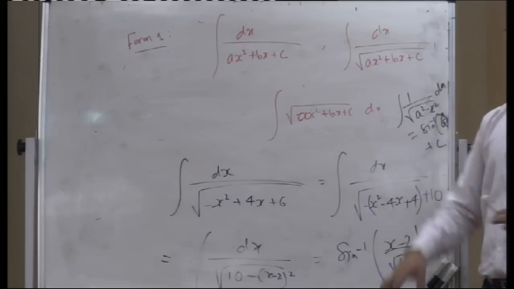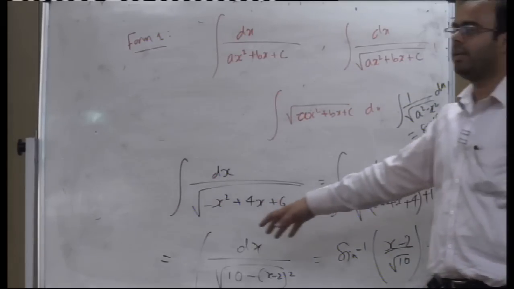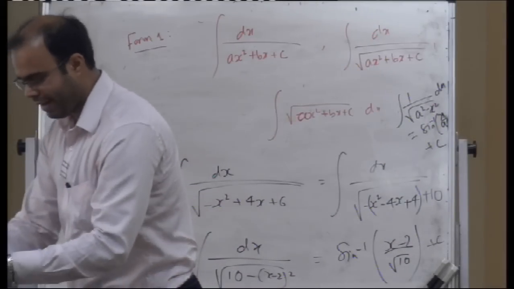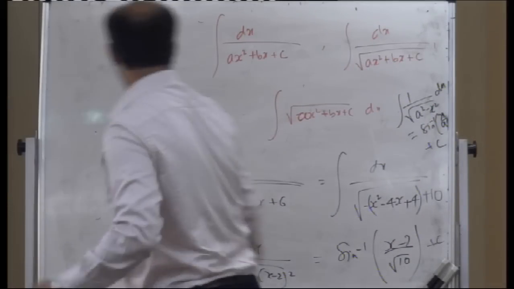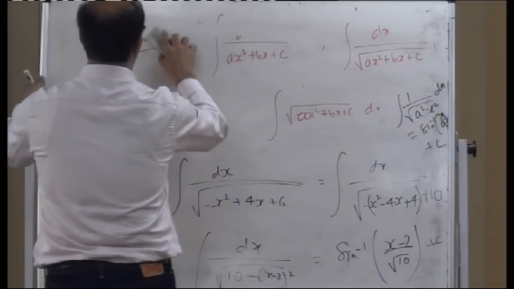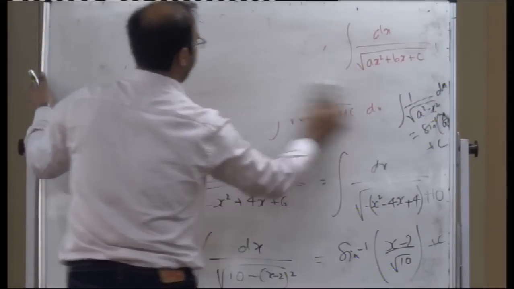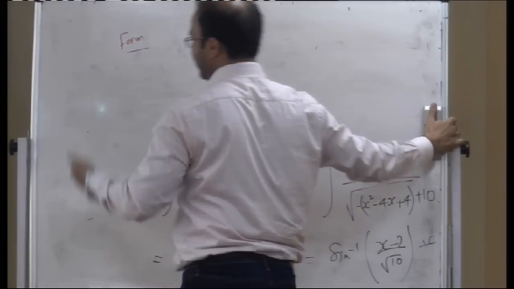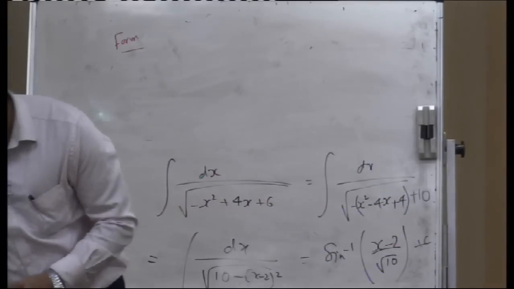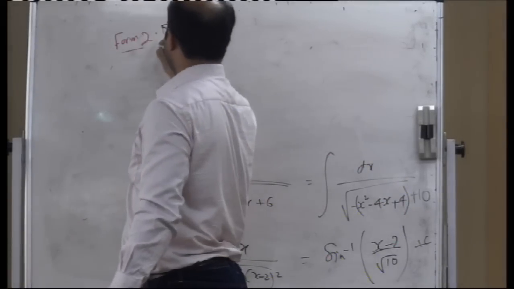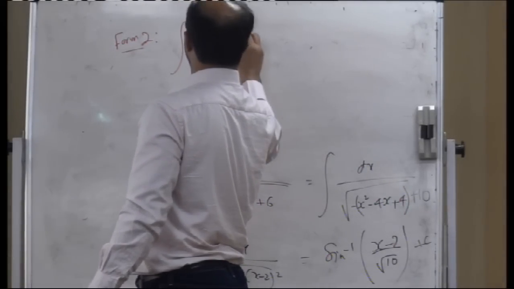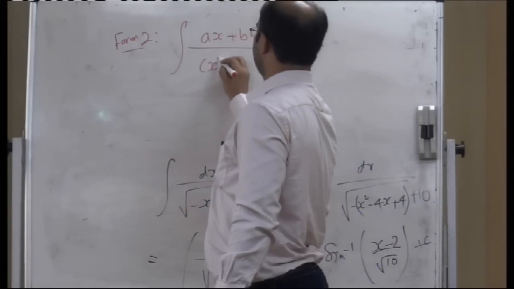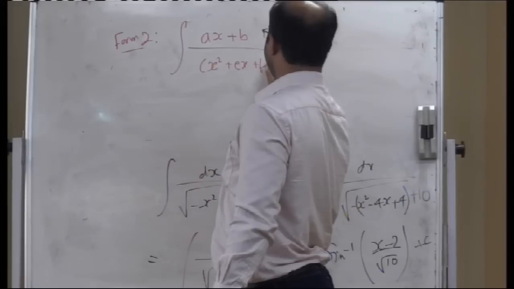So those formulas you have to remember and apply everywhere by making it a perfect square. Next we come to integral of another form, that is form 2. In form 2, we have a little bit of deviation from form 1, and what that deviation is: integral of (ax plus b) upon (cx square plus ex plus f) dx,